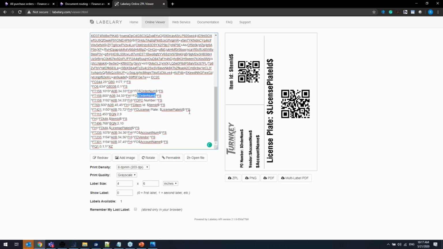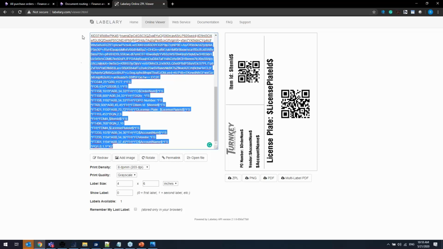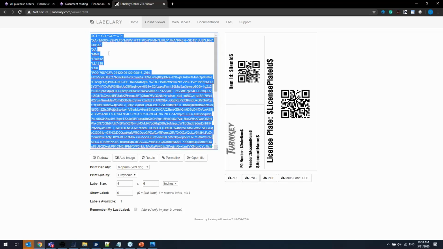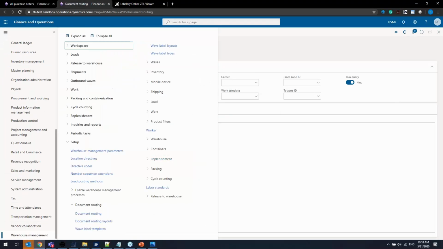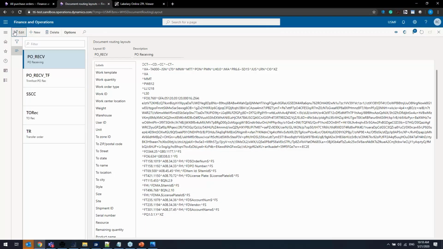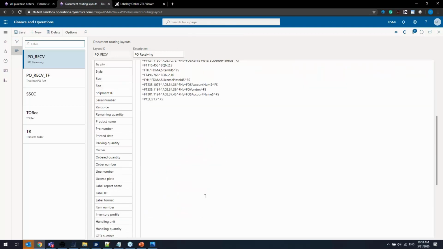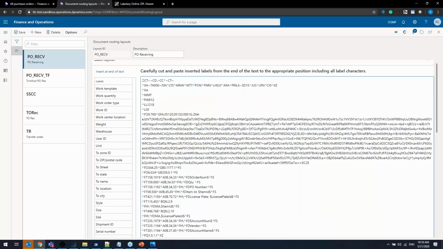I'm gonna change this information. It's not gonna be the order number, right? It's gonna have a label for the field, which is the quantity, and then I'm gonna put the quantity. So I'm gonna leave this like that because I'm going to add the field into F&O. So I'm gonna copy this, go back to F&O, document routing, but I need to go to the layouts, right? So I'm gonna go to the warehouse management, document routing layouts. Here we need to edit,